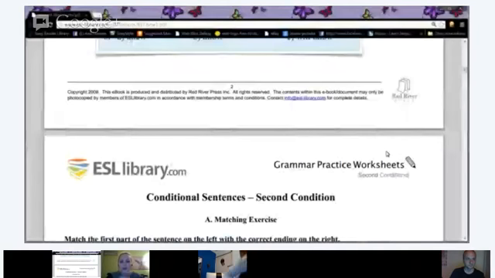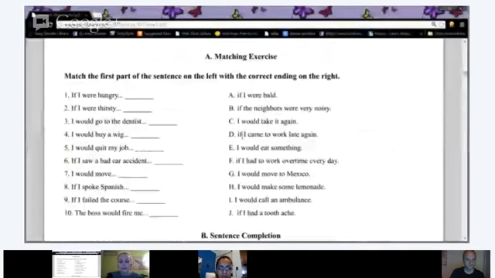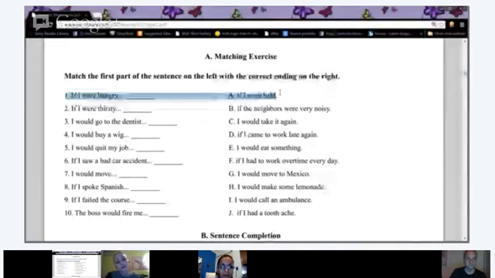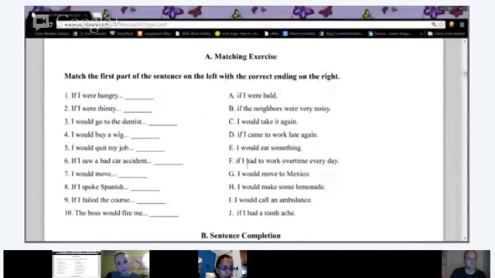All right, now in this exercise, we need to find the correct answer. On the right-hand side here, A through J, all of these answers are mixed up. This means that the answer to number 1 is not A. A matches one of these other answers here. So you need to find out which one matches with the numbers here in the blank. They are mixed up.